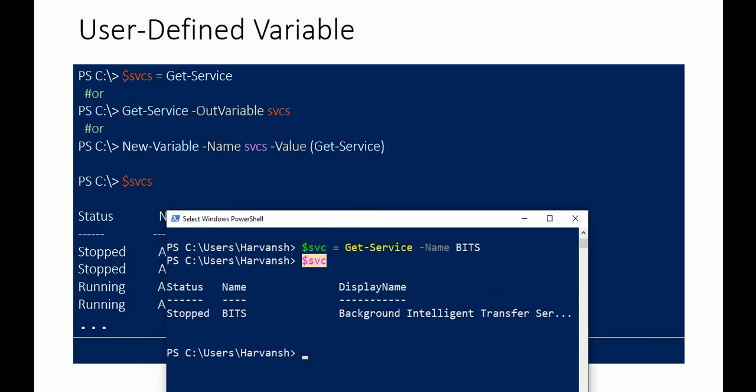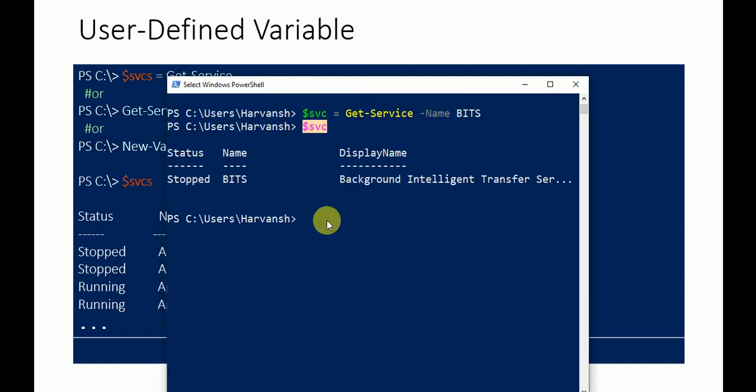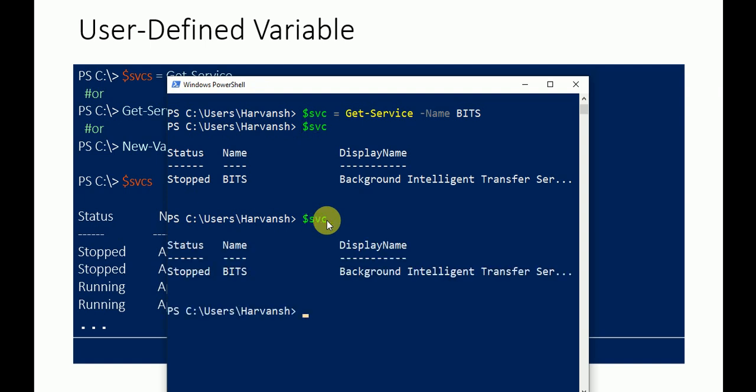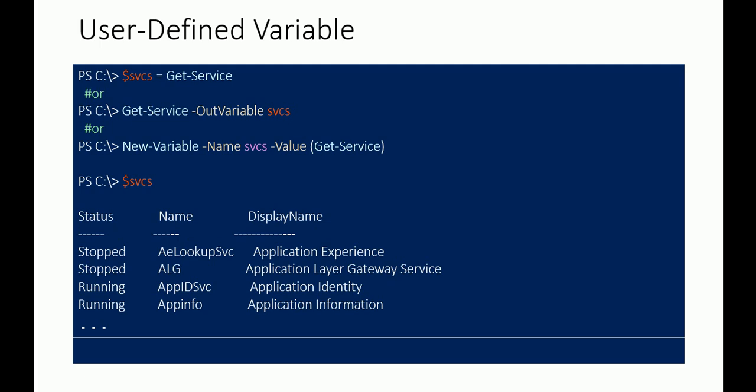Another way is get-service -OutVariable svc, which also will store your value. Or you can use the value as a get-service, which also will store the value. But at the end of the day, to check the output you have to use the dollar and the variable name, like $svc. It will print the value stored inside your variable. That's how you can do it.